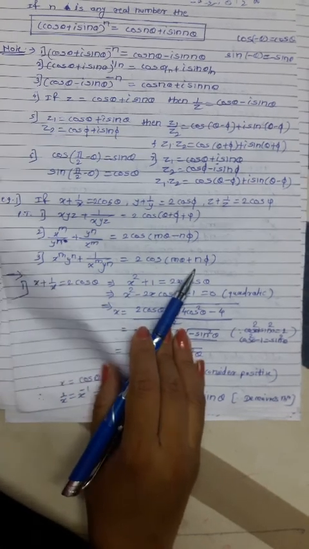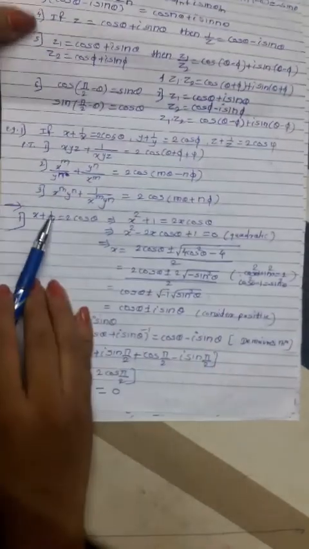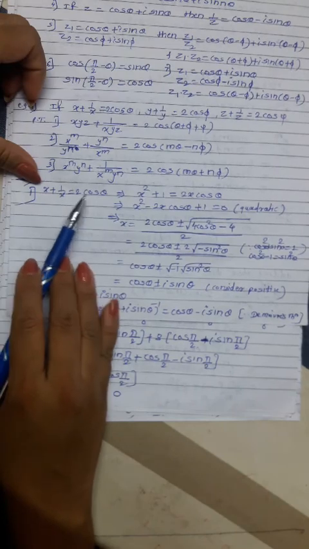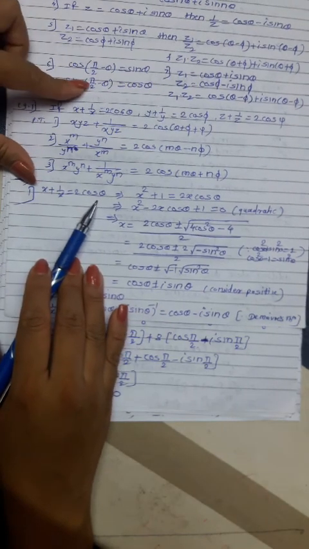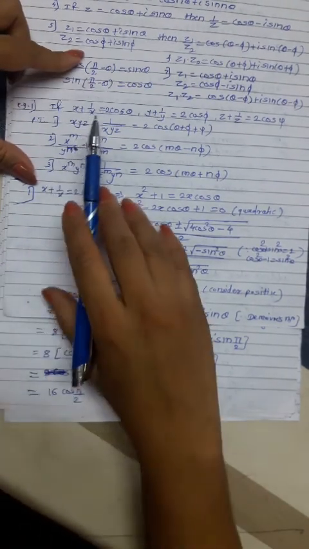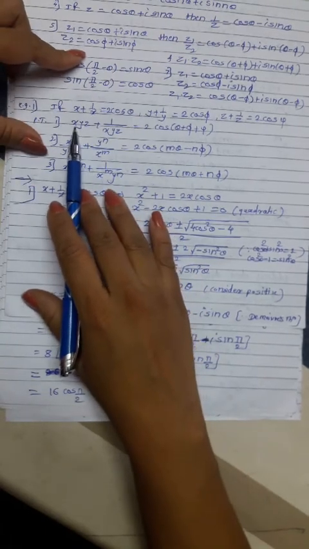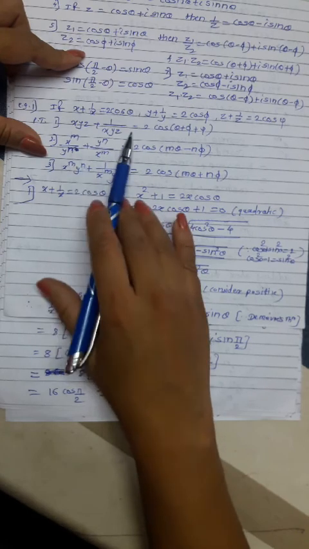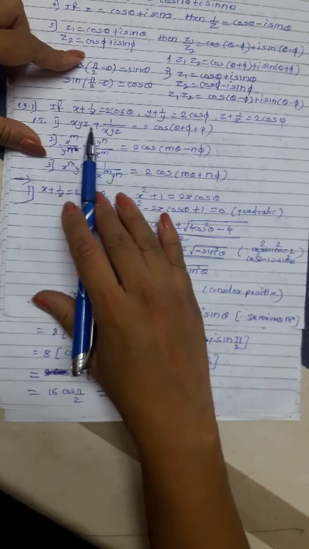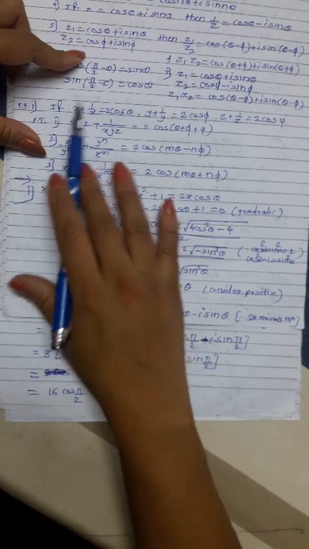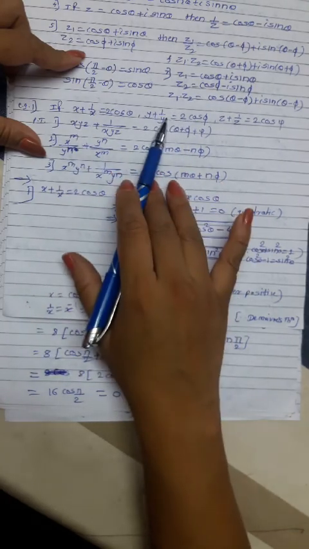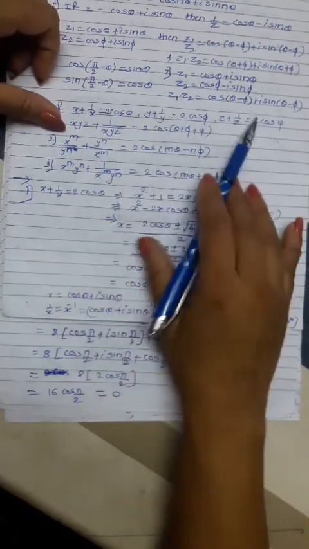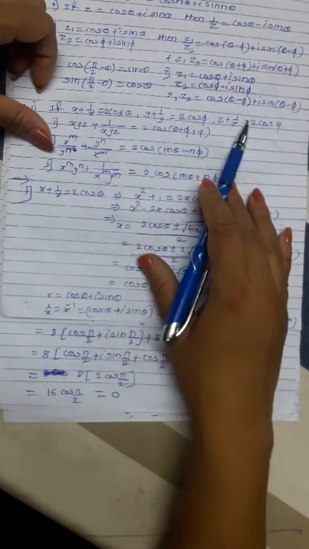Now consider the first question. x plus 1 by x is equal to 2 cos theta. We have to solve this. What we have to prove is the first thing, x into y into z, and plus the reverse of this. For that we have to find individual x, y and z. x is in this equation, y is in this equation, and z is in this equation. Therefore we have to find x, y, z from these three equations.